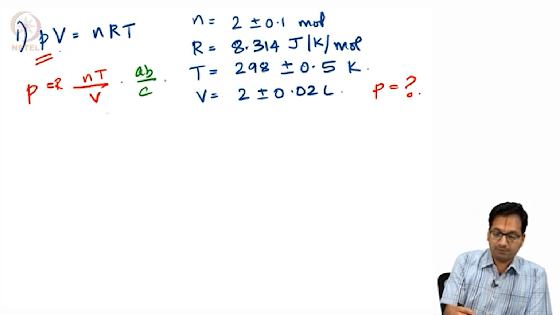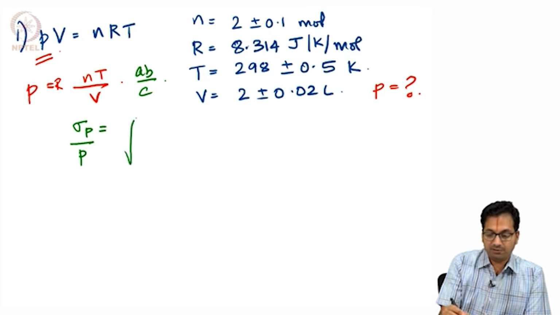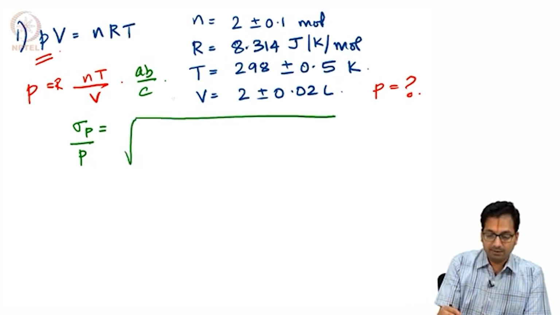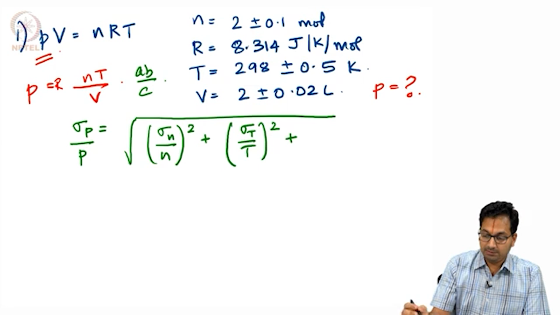So, let us determine the error that will be associated with the pressure. So, sigma P by P will be given by the square root of sigma n by n the whole square plus sigma T by T the whole square plus sigma V by V